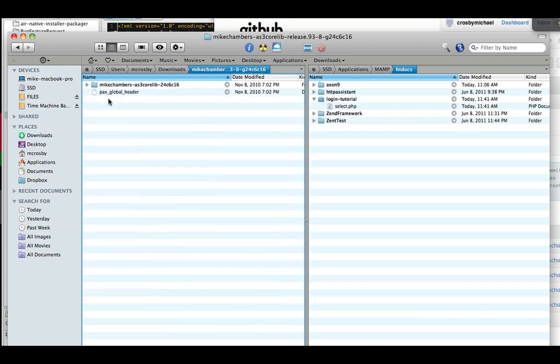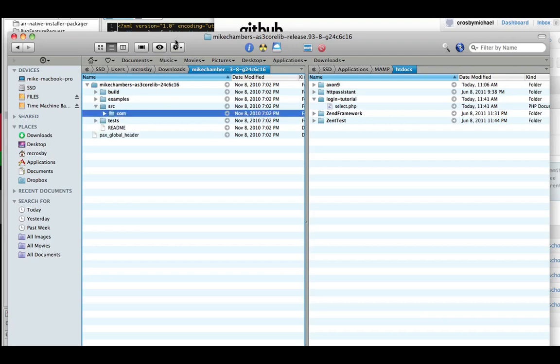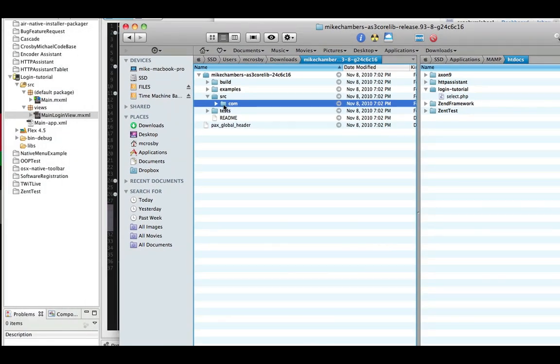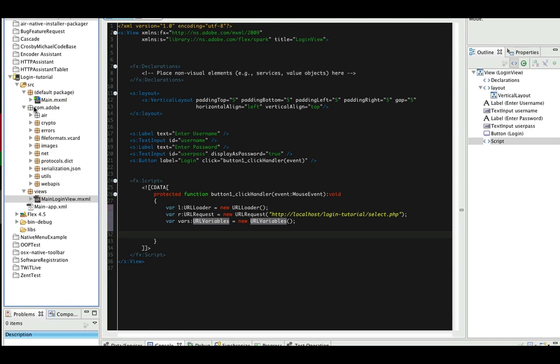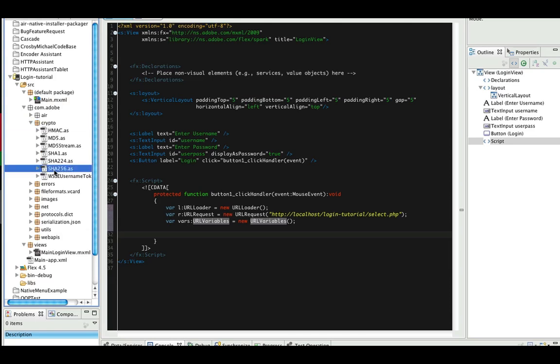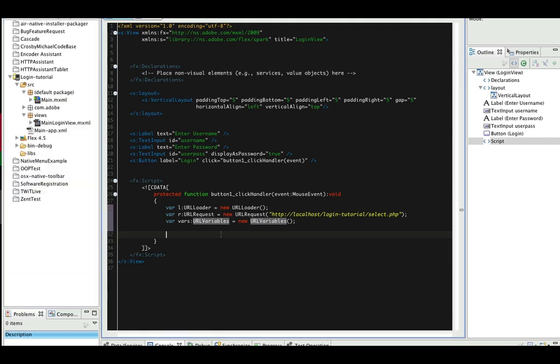Alright, so it's Mike Chambers core lib, and then inside source there's this COM folder. So take this COM folder and drag it over to your source folder, and you'll see a new package in your project, which is COM Adobe. And inside that there will be this crypto package. If you open it up, you can see all the hashing algorithms that they give you, and we'll be using SHA-256. Let's collapse that,